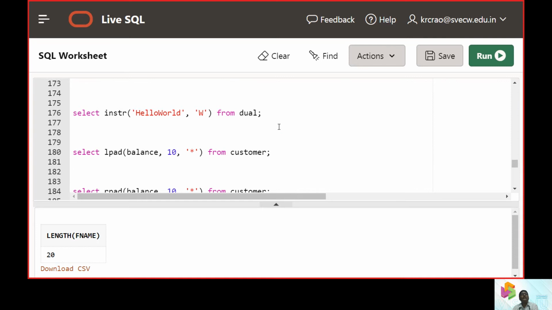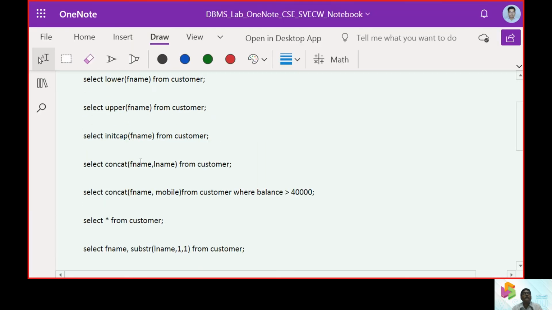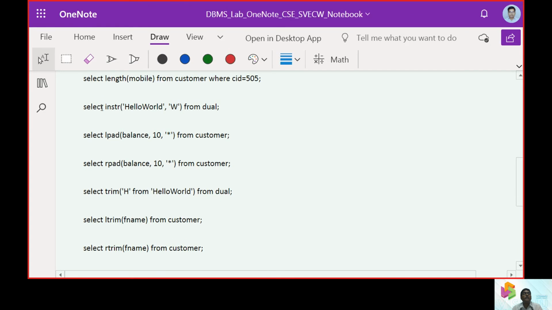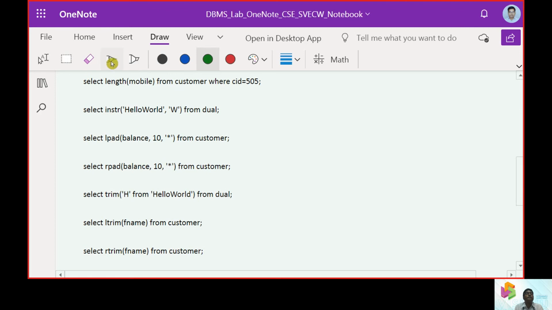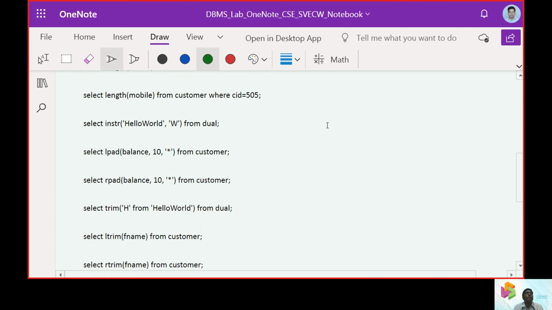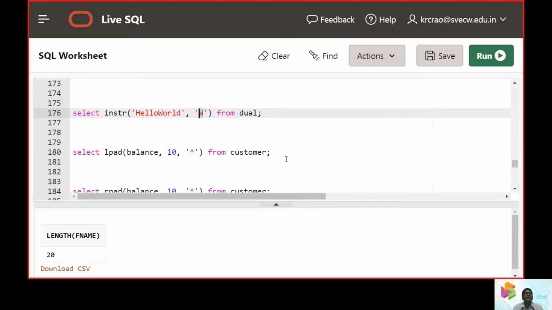There are some more simplified functions for us, where we can say, I want to understand what the position of W is in a string. If such is the case, we are going to look into this issue. So what we can do is use hello here. There was some problem at this and it's not accepting the annotation.